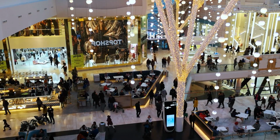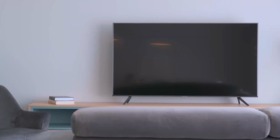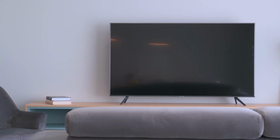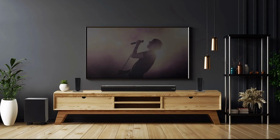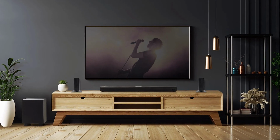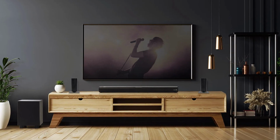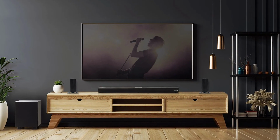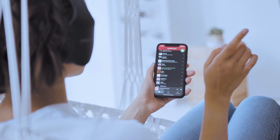When buying a soundbar, one of the most important things to look out for is connectivity. This soundbar can be paired with TV sets that have optical inputs or HDMI ARC inputs. This means that you can connect your TV in a couple different ways in case your TV is tied up using some of those valuable ports. This soundbar also comes with Bluetooth connectivity, just in case you want to stream some of your favorite songs from